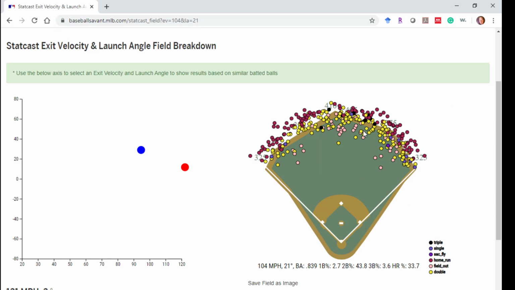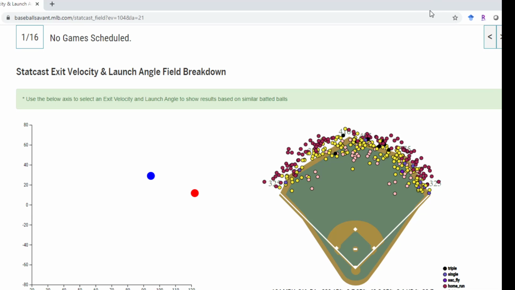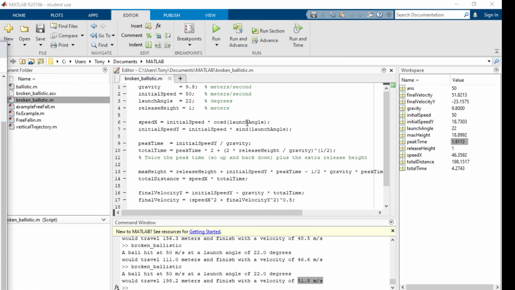But if you look at these home runs, the long distance is 410 feet. 200 meters is 600 feet. So if you're hitting baseballs on the moon, they might travel 600 feet. But with air resistance, they're not going to get anywhere near that. So it's going to take a third of the distance off of what we're seeing in our model. And so our model, even though it's working perfectly correct and the math is perfect and everything's working just as